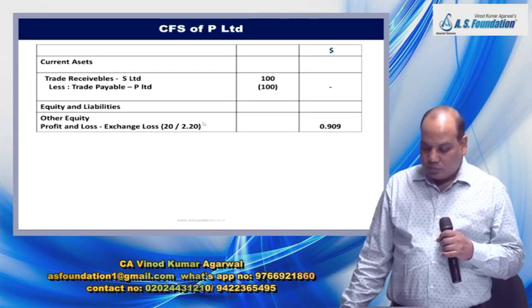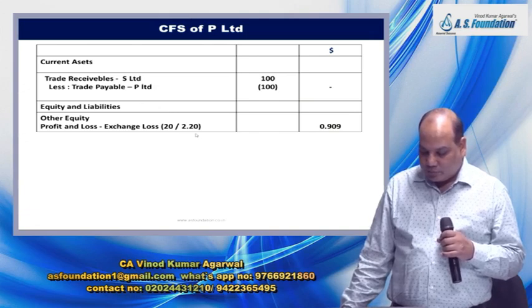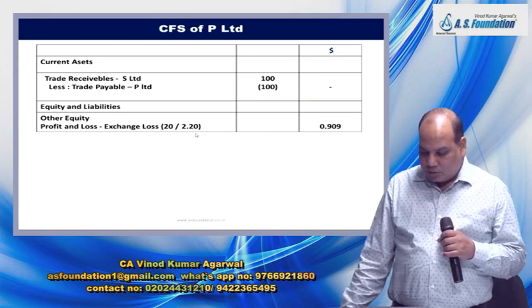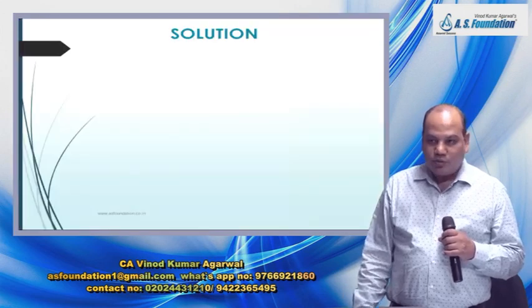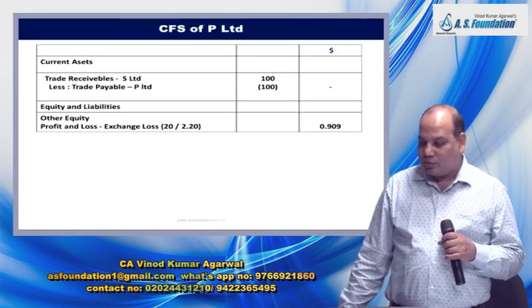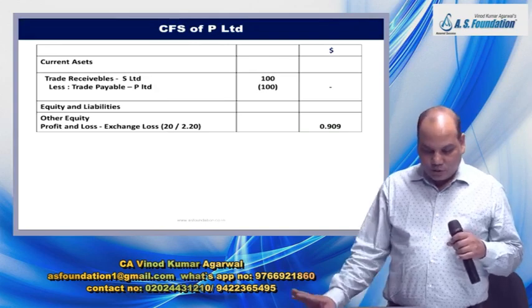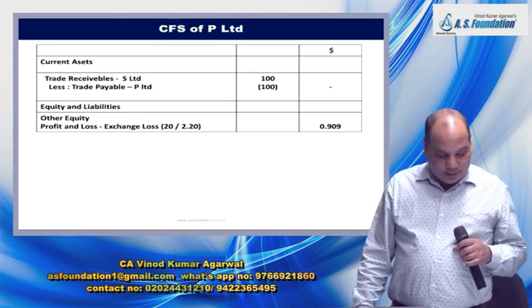.909, because this liability was converted at the closing rate only. Now we'll read that note. So whenever you have doubt, you can read the note also. This is understandable. At the year end,